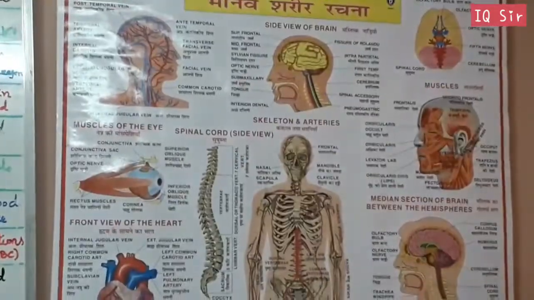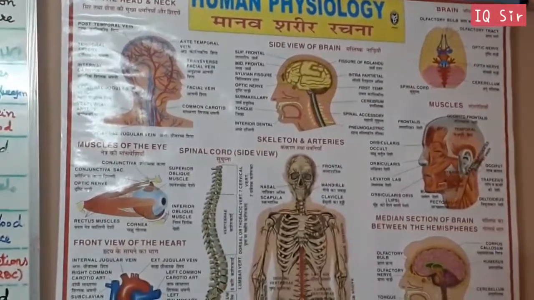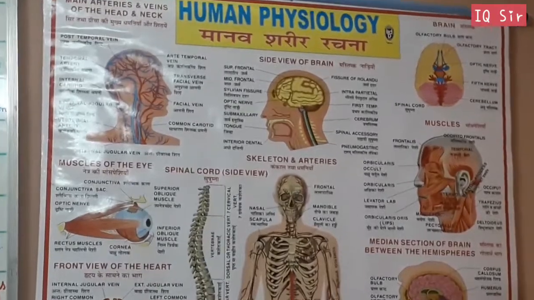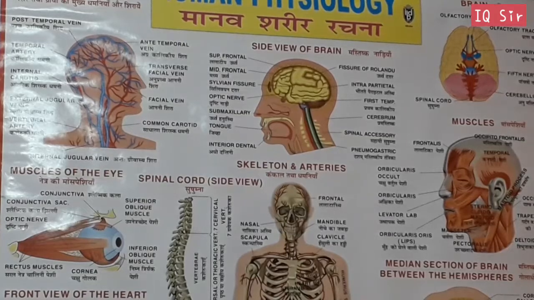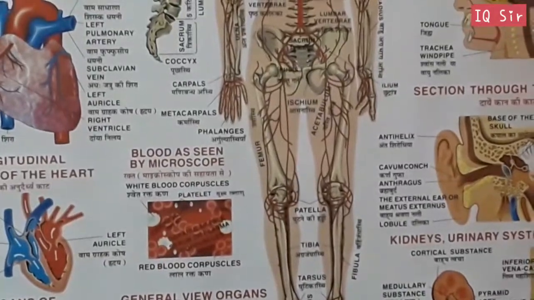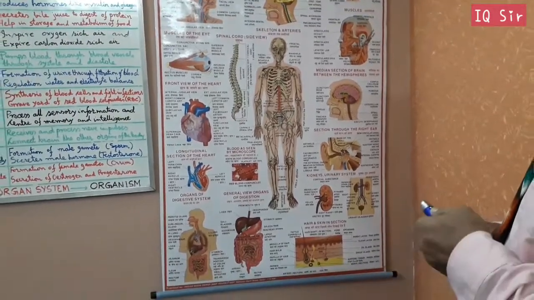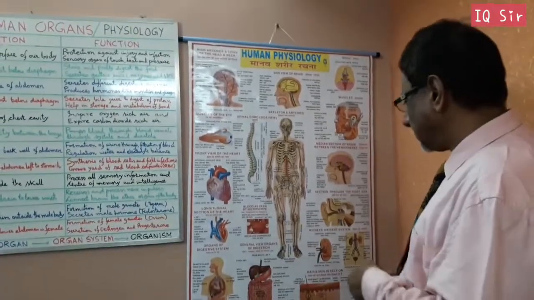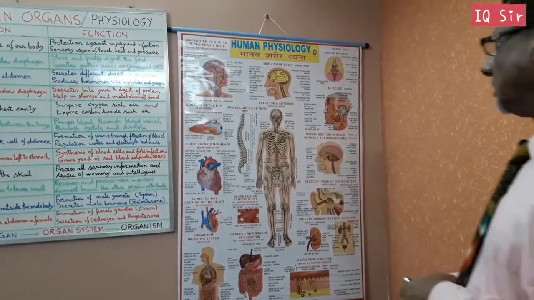Besides that, we have major organs which are not in our syllabus, like the eyes, the ears. Blood vessels are there, muscles are there, these are some organs, or blood is there. So I showed you the different types of organs in the chart of human anatomy as well as the human physiology. Some of the charts are present there, and some of the organs are present here, the section view, pertaining to the location and function.